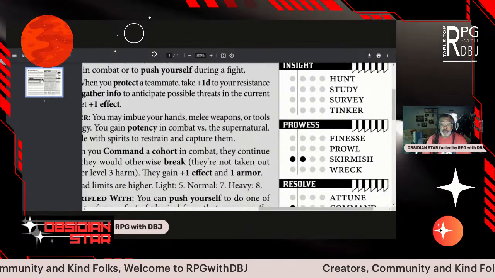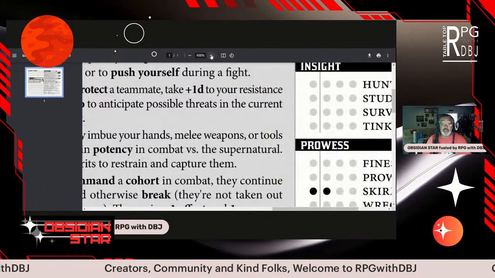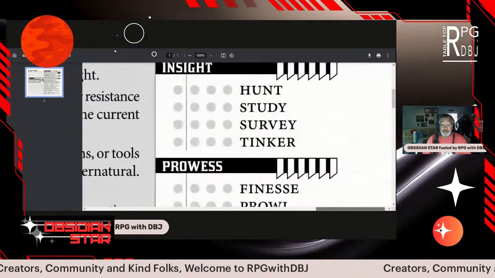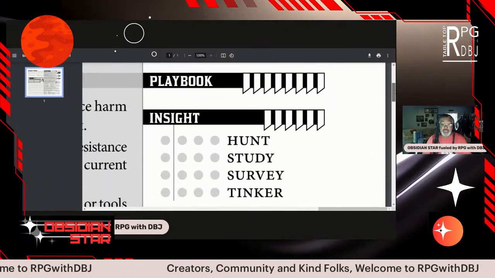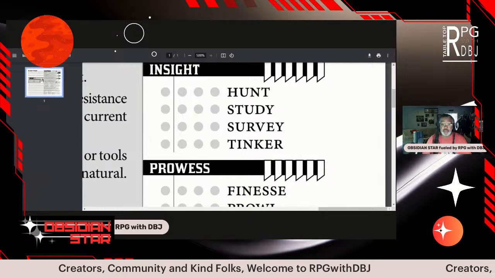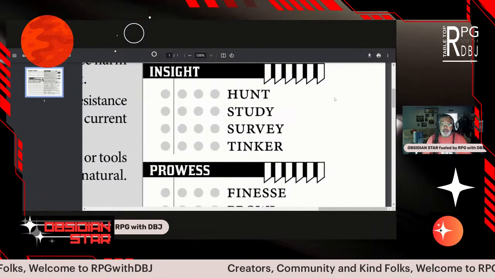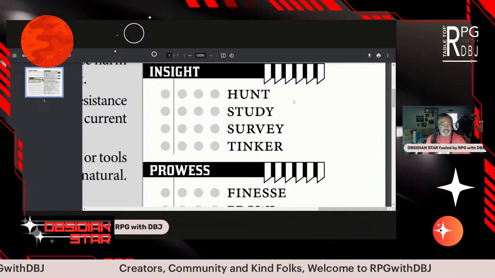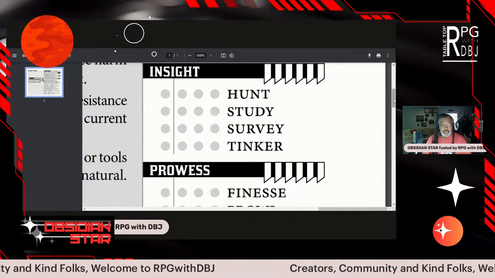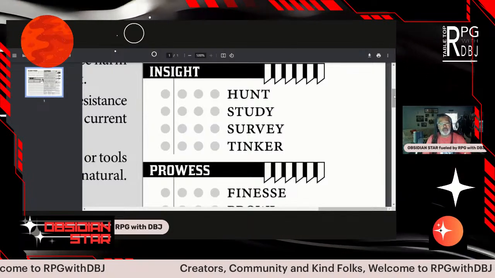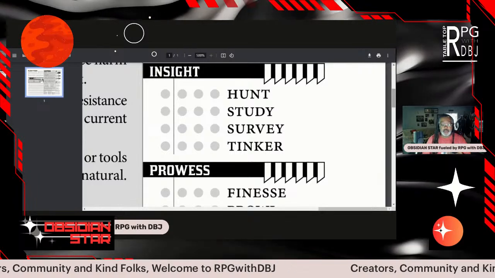All right, so this is a Blades in the Dark character sheet, and I'm going to increase the size of this even more. These are stats that are in Blades in the Dark, and if you take a look at them, they are as specific as they need to be to get the job done, and as generalized to allow the conversation at the table that one specific skill or capability could be in the place of another one.